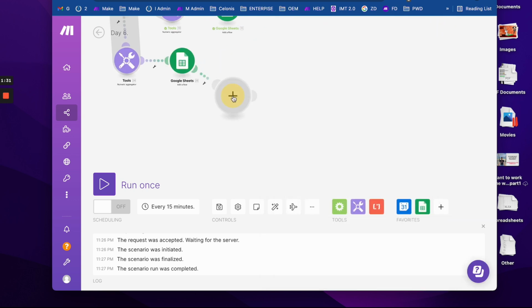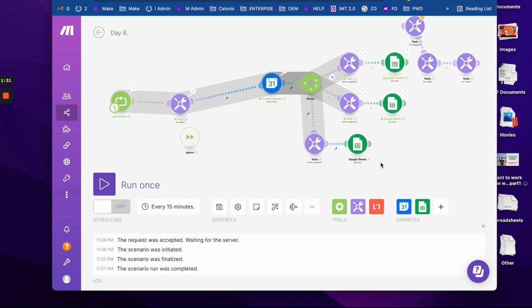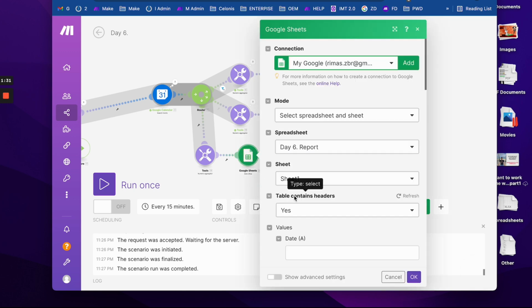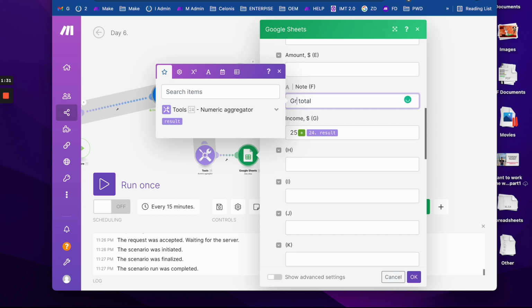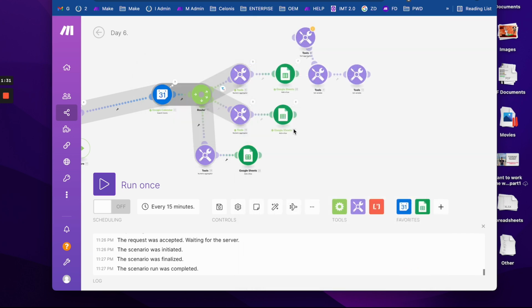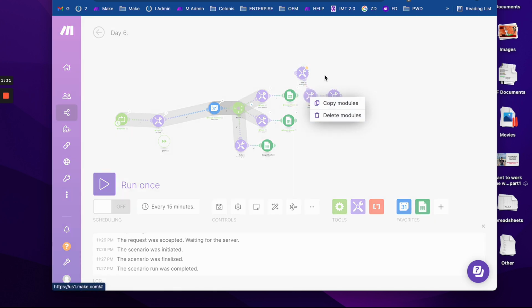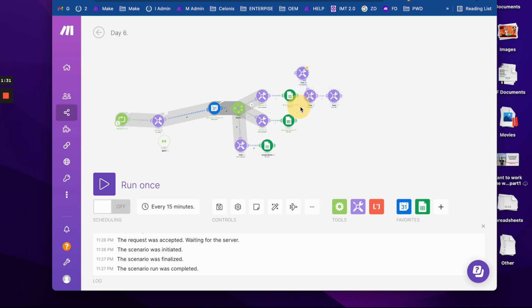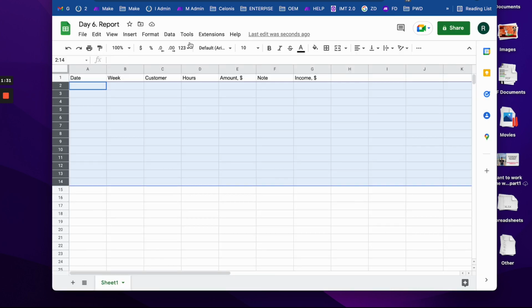Okay, after everything is finished, this aggregation will finish also, and I will add this in the end of my report with the income and just set grand total. Okay, so this is done. I can remove these guys. I don't need them anymore. Yep. It's all good. And we got this report. So clean it up